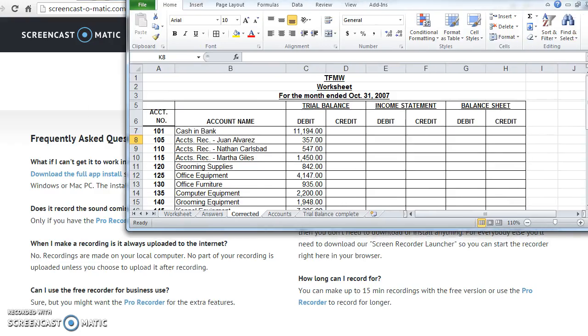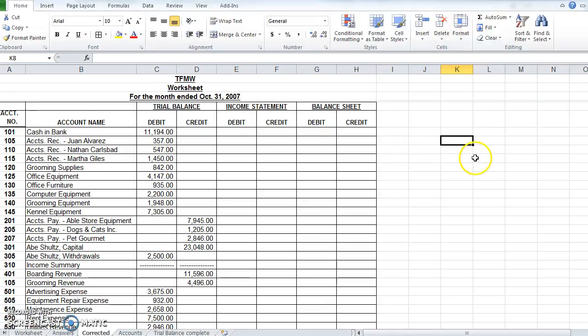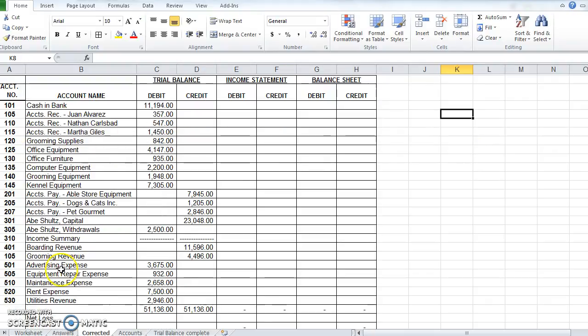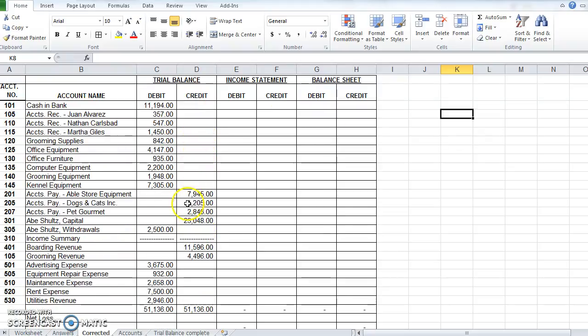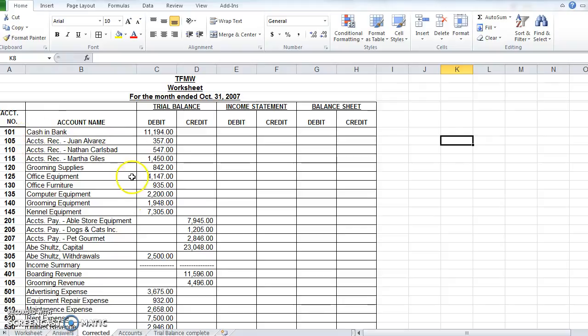Well, here you go. Here is an example of a worksheet where I've taken all this information. All the accounts are listed. All this information came from two places, actually. You can choose to take it from the general ledger, or the easiest way to do it is take it off the trial balance, step 5 in the accounting cycle. So all the accounts are listed in order based on assets, liabilities, owner's equity, revenue, and expense accounts, along with